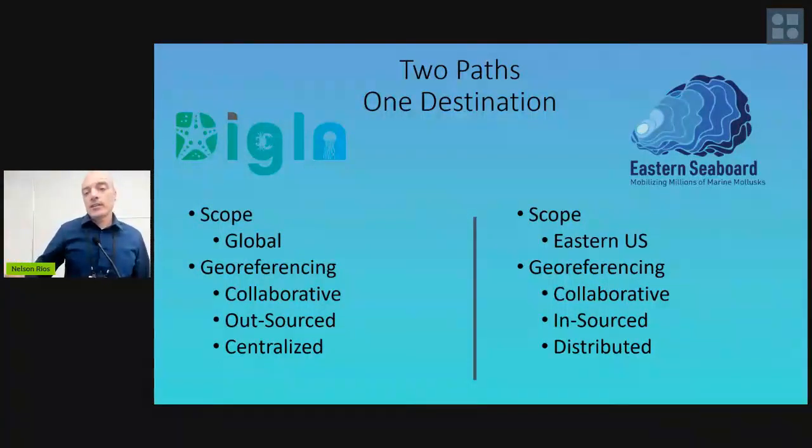We can contrast that with the ESB, where all the georeferencing is happening in-house, if you will, where all the institutions, all the collaborators, are each responsible for some portion of georeferencing. There we usually divide up the data geographically and say, we're going to assign Rhode Island or this particular area to institution X, and this particular area to another institution. In the DigIn model, we just send all the data to this group at Aquatics,